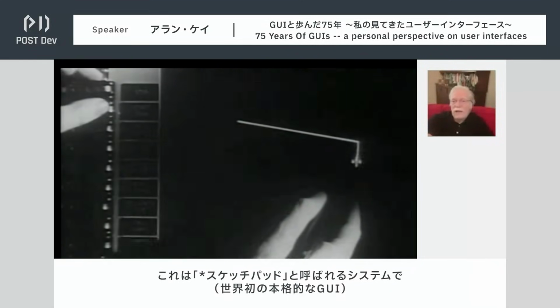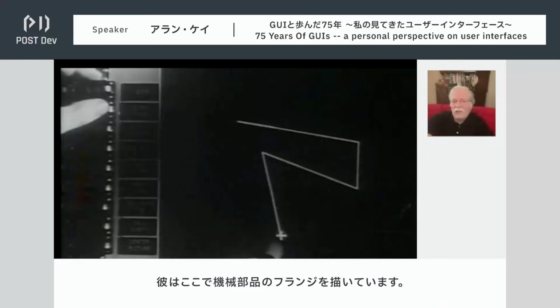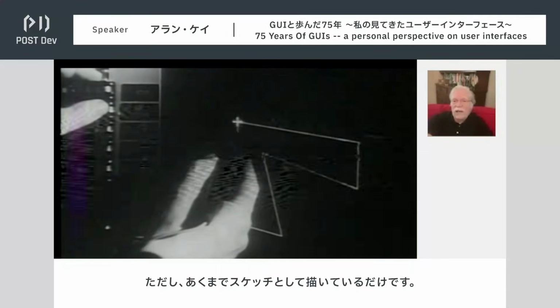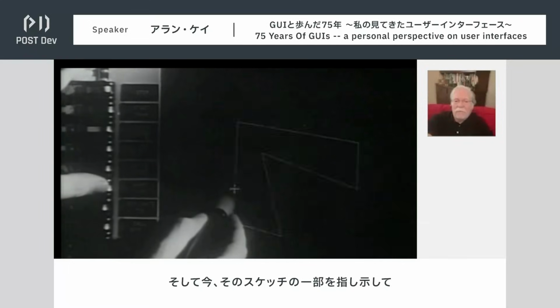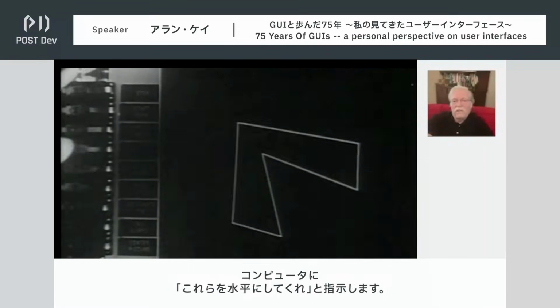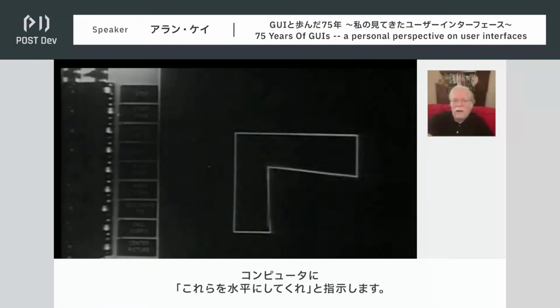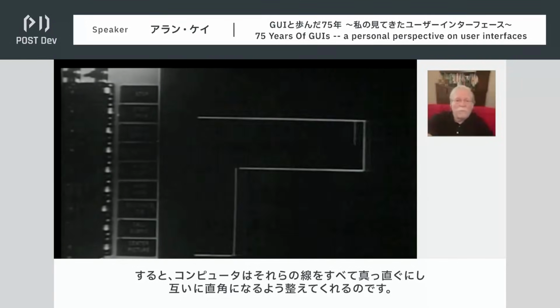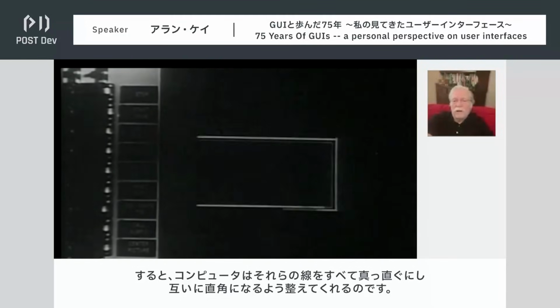The system is called Sketchpad, and he's drawing a flange here, but he's just drawing it as a sketch. And now we can point to the parts of the sketch, these lines, and say to the computer, make them either horizontal or vertical, whichever is closer, and it just straightened them all up to make them mutually perpendicular.